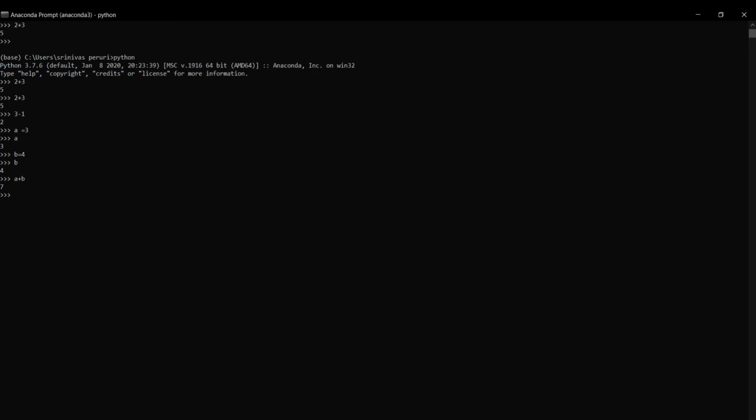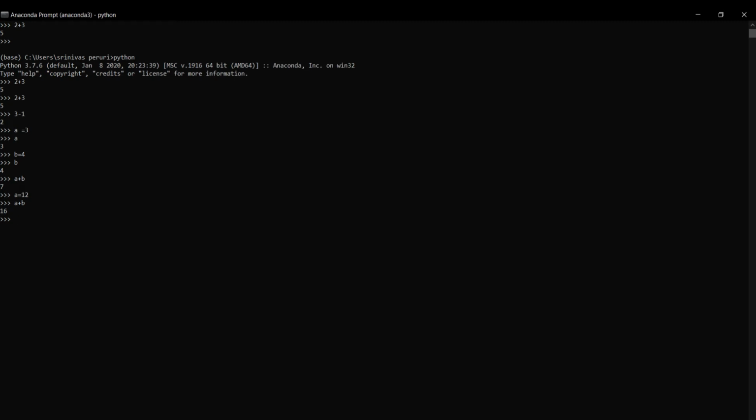If I overwrite the value of a, I'm not getting any error. Previously the value of a was 3, but I am overwriting it with 12, and the value of b is 4. Now when I enter this, I'm getting a new value.